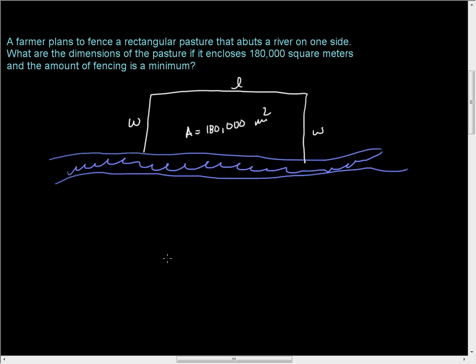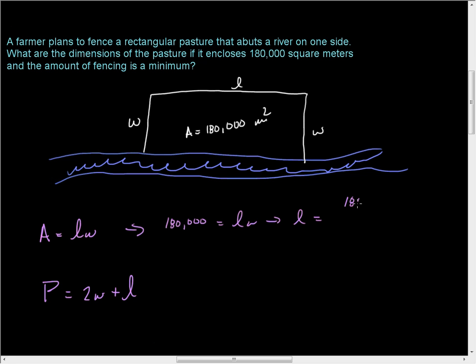All right, not so bad. So the area is 180,000 square meters, but the area is also equal to the length times the width. In our case, the perimeter is equal to 2 times the width plus the length. All right, so let's go ahead and rewrite L in terms of the area and the width. Well, the area again was 180,000, and that equals the length times the width, which means that the length is equal to